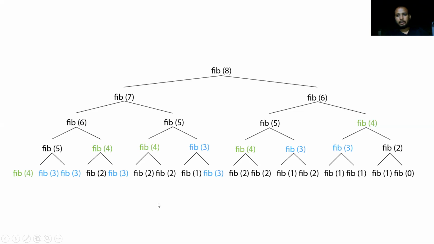This will go on till you get the termination condition. What is that? n is equal to 0 or n is equal to 1. When n is equal to 0 or n is equal to 1, what will we return? We will return n. We have studied it here. So in the last, rightmost, we are done with 0 and 1. Now I will code it.